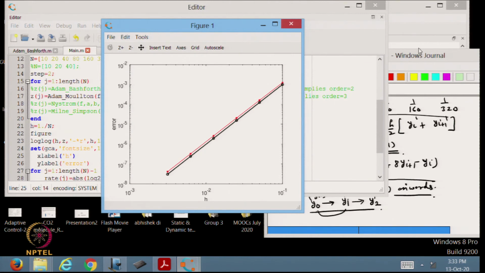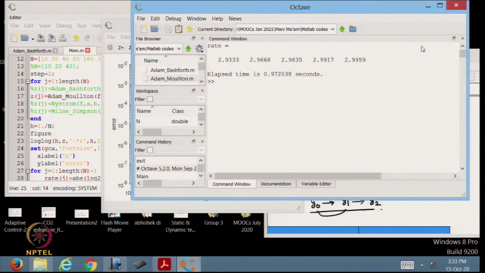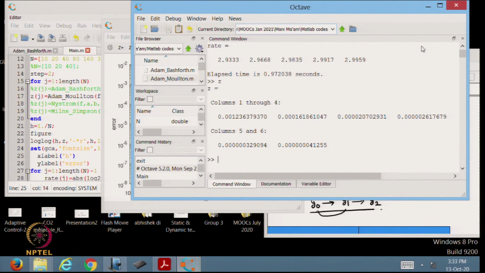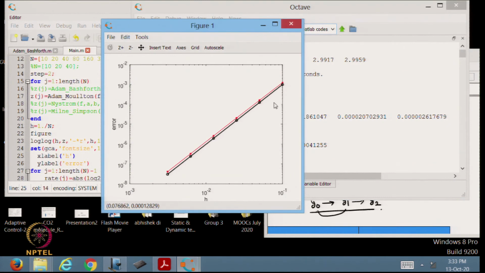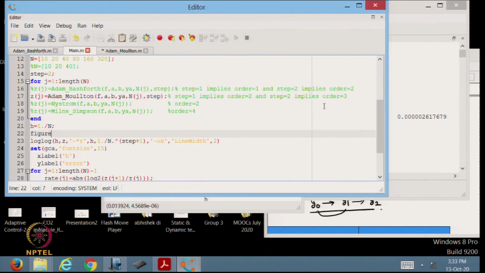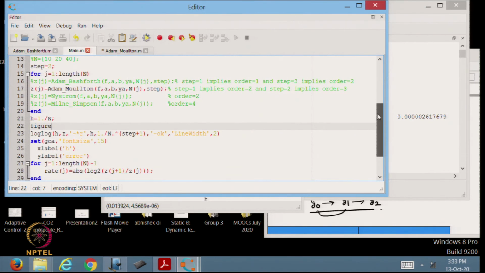Yeah. So, that is what you can see here. If you want, you can also type Z, error is tending to 0 as h tends to 0. If you want to observe the same thing graphically, the graph is also in front of you. Again the red line is the actual error and the black line corresponds to h cube, because this is an order 3 method.